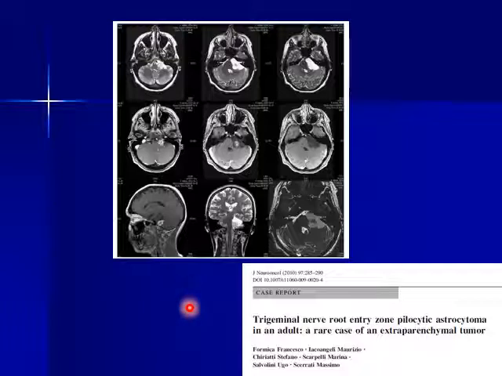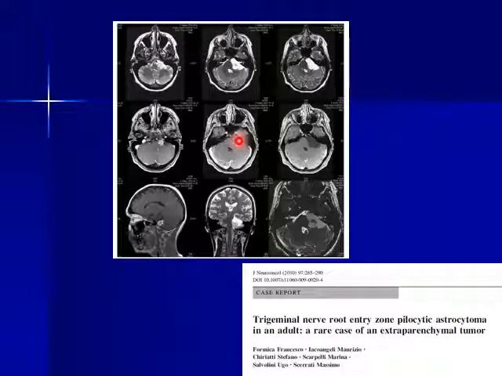For those of MD degree, glioma can occur in the root entry zone of the cranial nerves emerging from the brainstem. This is an example of a glioma involving the trigeminal root entry zone. Usually, we mistake it for a tumor